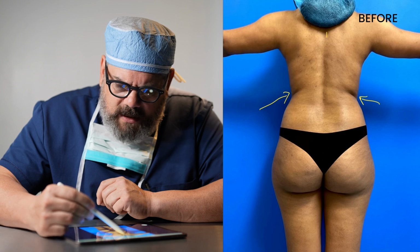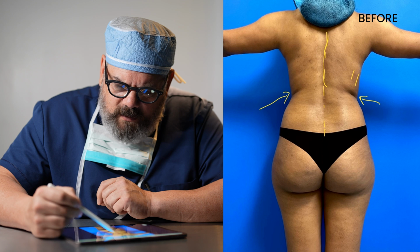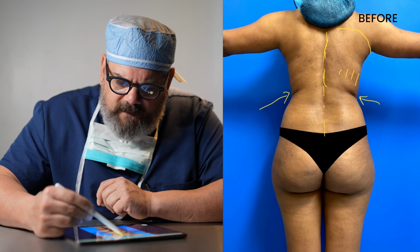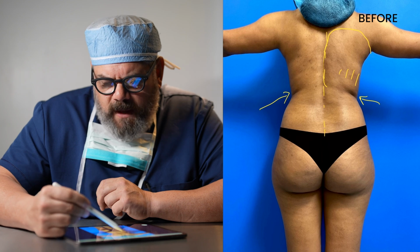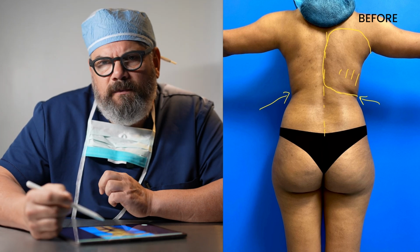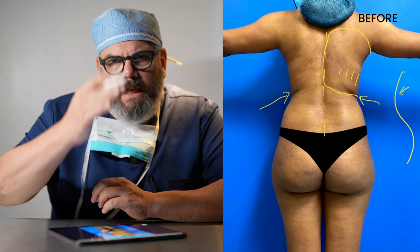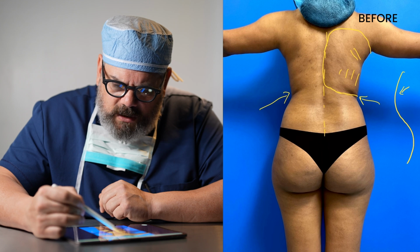I can see that if we just kind of divide things up, she has quite a bit of fat through this area and right into the upper back. Whenever I do lipo, I always focus on going high in the back, because the high back down through the mid back is the start of the Ogee line, and that's the concave part of the Ogee. That's this part here. It looks like she has a good amount of fat in here,